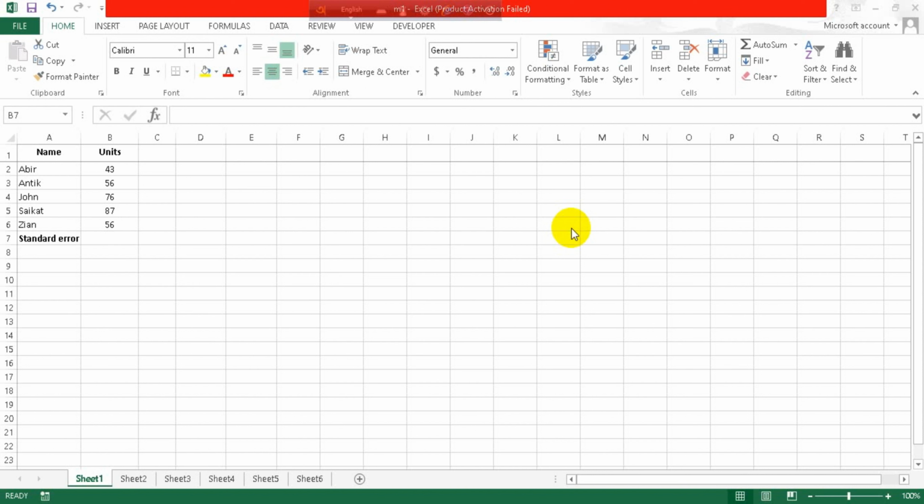What you have to do first is calculate the standard deviation and then take the square root for calculating the standard error. The formula is the standard deviation divided by the square root. So let's calculate the standard deviation first, which formula is equals to